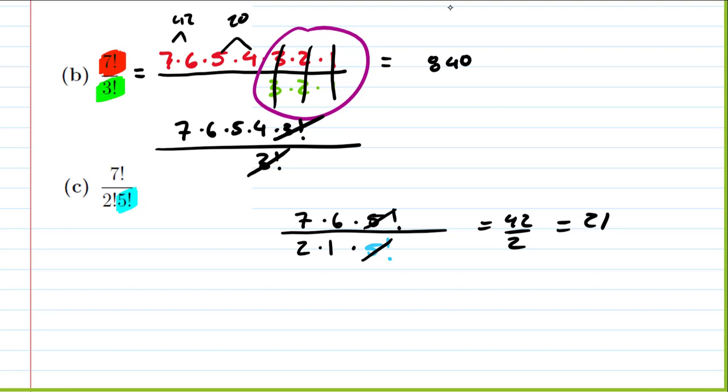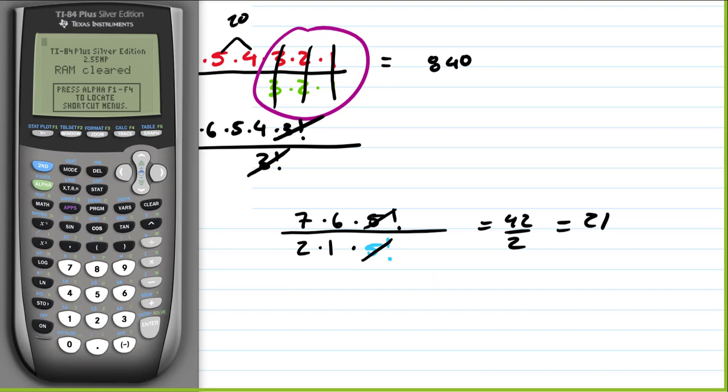But it turns out that we can also use our calculator to help us out with some of these. So on our calculator, we can find our factorial button by going to our math menu, and then we have to go all over to PRB, which stands for probability, and we go down and we'll see that it is choice number 4. So for instance then, if I went alpha y equals, and I said 7 math, and then I come over to factorial, all over 2 factorial,